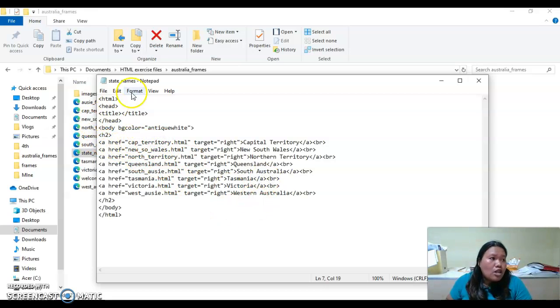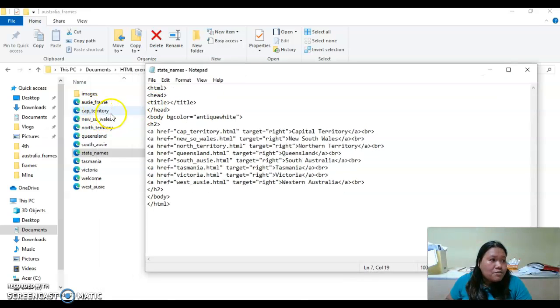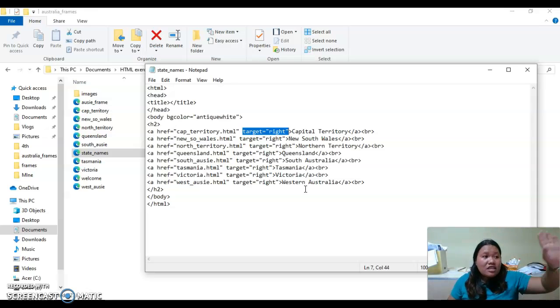A href, so I'm calling the COP here. COP territory.html. Do not forget to include target equals right. Target equals right. Therefore, the content of the COP territory will go automatically to the right. Okay? The same format will go for the other links. Alright?